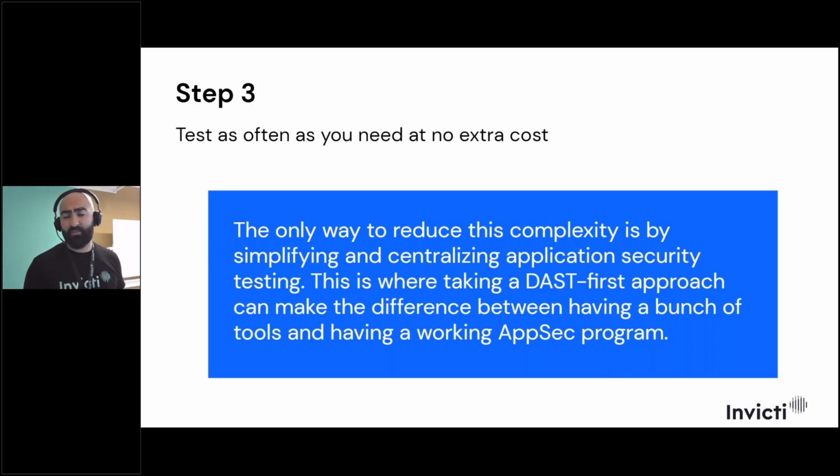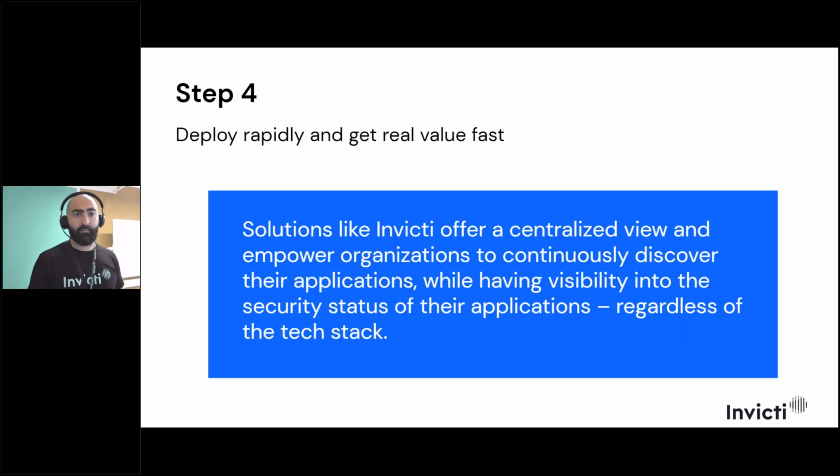Try to detect as many vulnerabilities as possible, and there's no need to have a bunch of tools running at the same time, each one serving a specific purpose. A modern DAST solution can give you a holistic approach to security scanning.